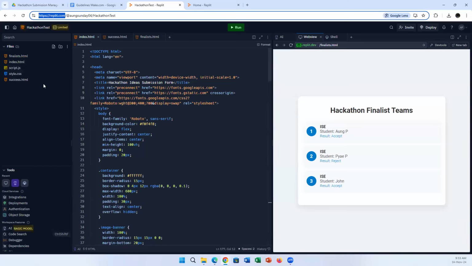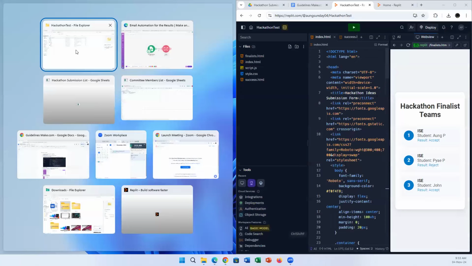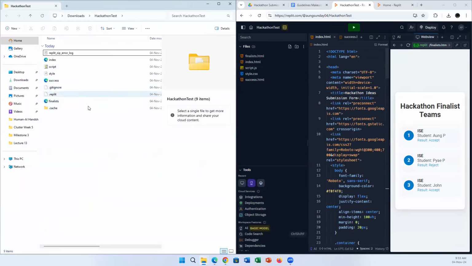Okay, the idea here is, after you have already downloaded all the files, I want you to transfer all the files except all these fancy technical hidden files. What you will need is the HTML, JavaScript, and the CSS, and you transfer all the files to the,